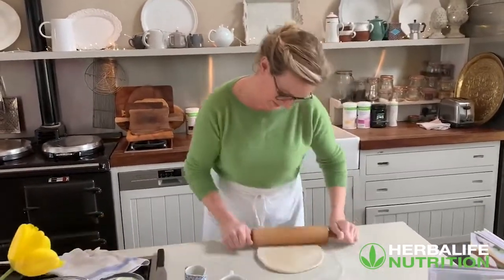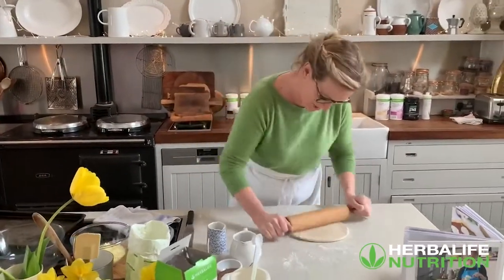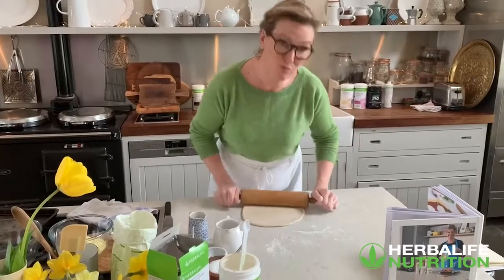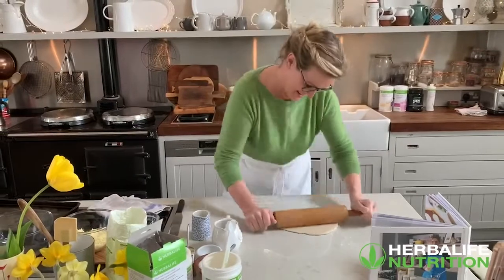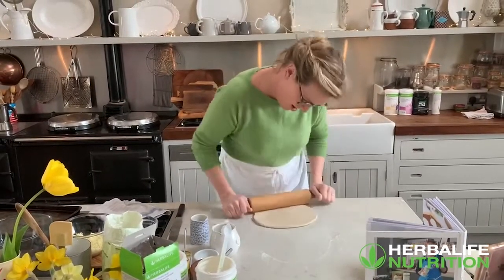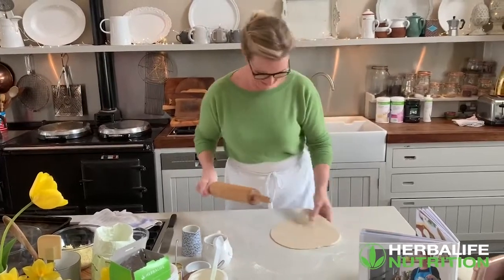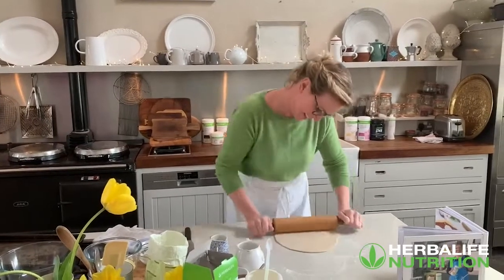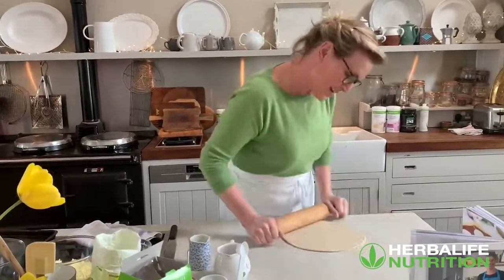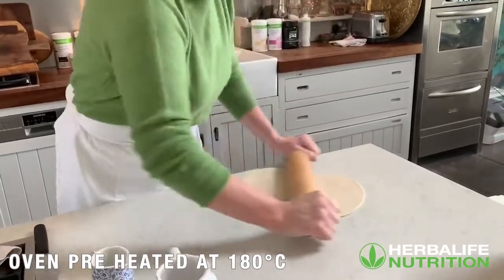Okay, keep working it. You want the dough to be nice and smooth like this. I like to roll this really quite thinly. There. How are you all getting on there? Working hard, rolling it out, getting a lovely smooth dough. Nearly there. I've got the oven preheated to 180 degrees, or if it's a fan oven, it's 150 or 160,